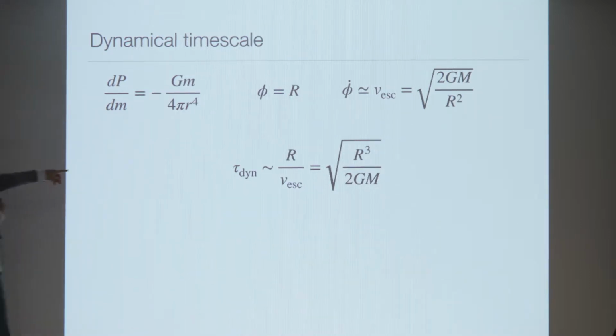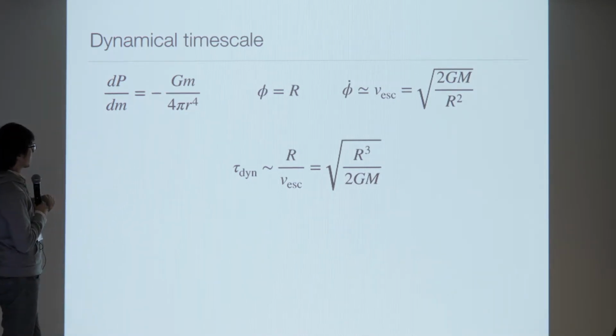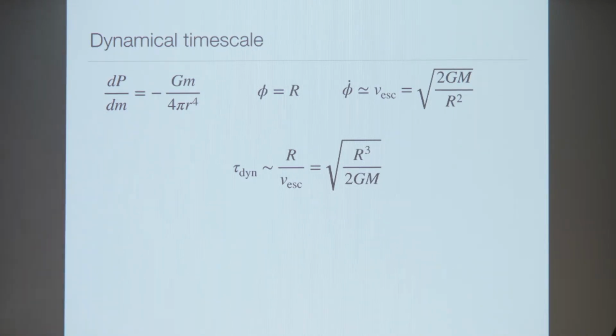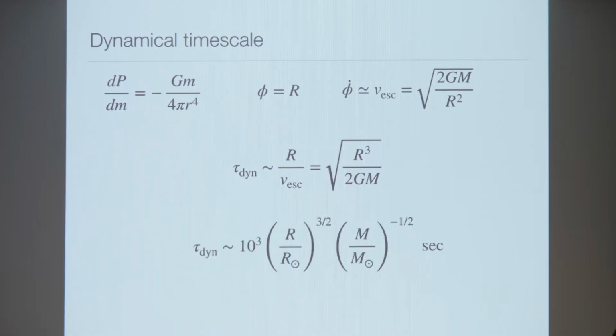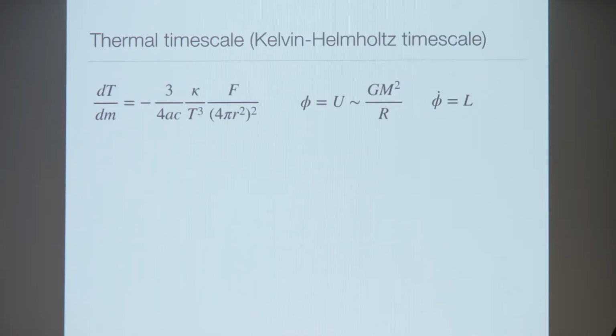Then the dynamical timescale will be R divided by this escape velocity, which will be this value. If you put in the solar value, then that may become 1,000 seconds. So the dynamical timescale of the star is, let's say, of the order of several thousands of seconds. And then from the second equation we had,